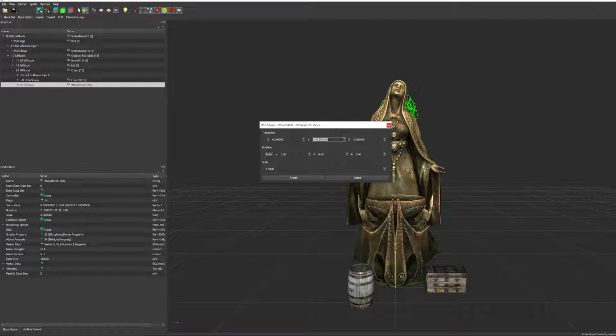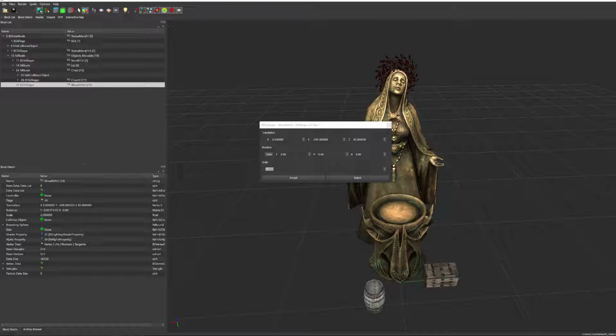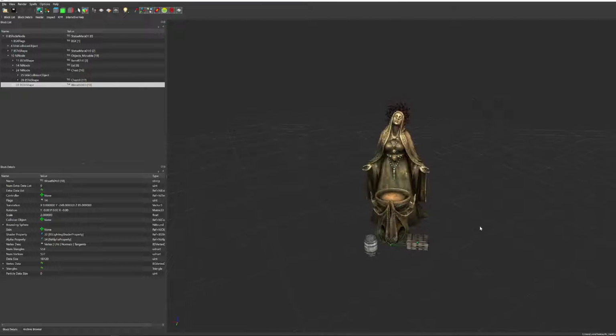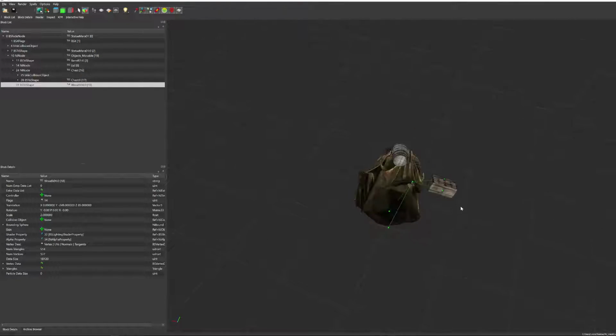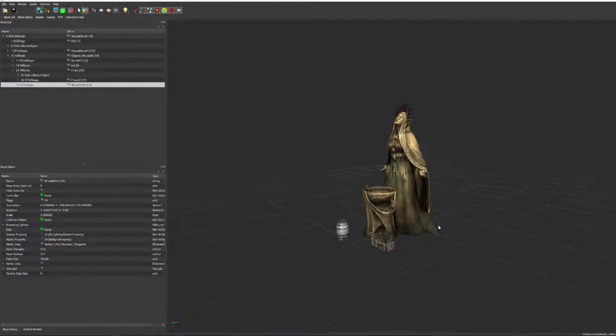That's one thing. There might be a way to adjust the speed of it. I want to set the scale. Yeah, that looks good. There we go. I know that these look kind of weird, but as you can tell, you can adjust all that.